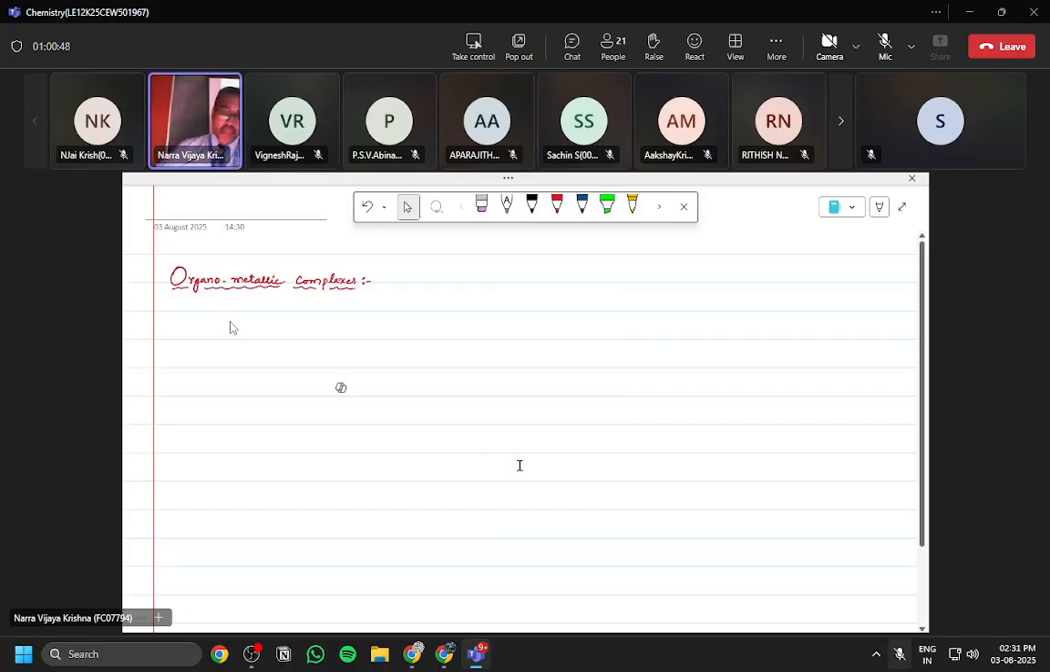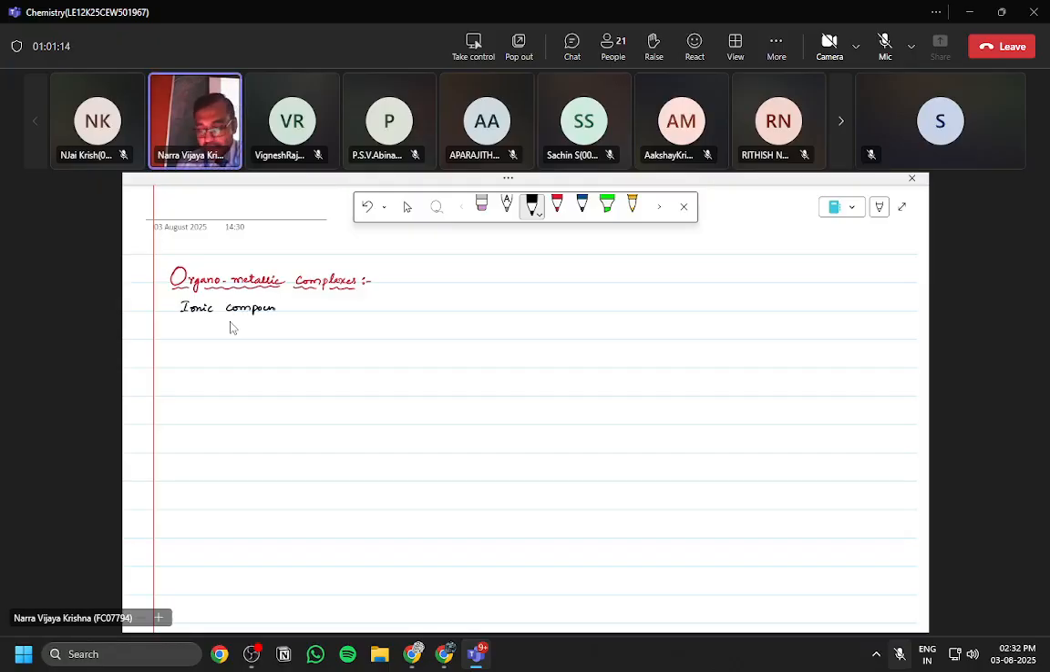Now coming to organometallic complexes. What do you mean by organometallic compounds? If there is a direct bond between carbon and metal, we call them organometallic compounds. These organometallic compounds may be ionic or covalent. Covalent means maybe sigma bonded or maybe pi bonded. So first one, ionic